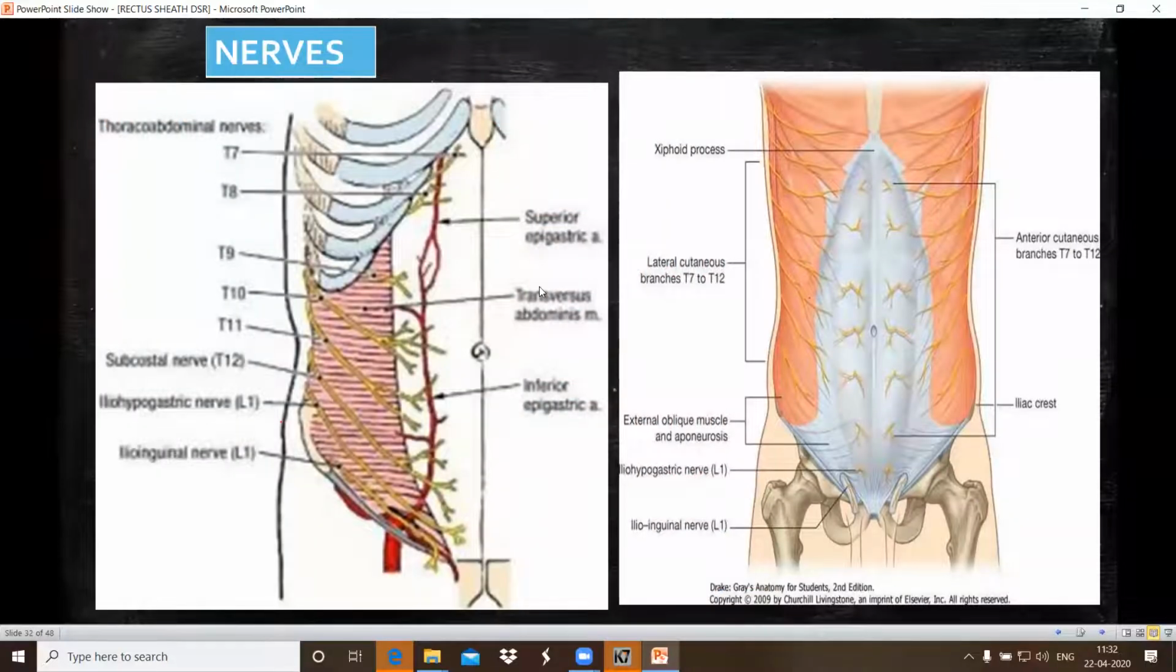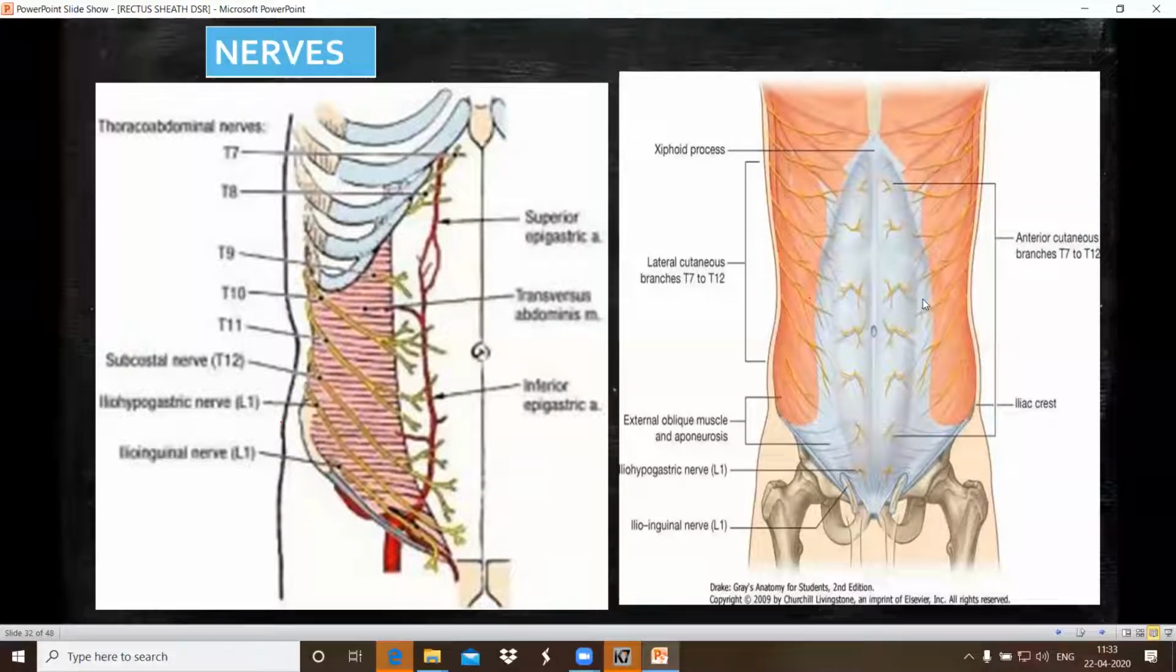Next, coming to the nerves. Already I told you that at the linea semilunaris, these lower six thoracic nerves pierce the linea semilunaris. These nerves are present between the internal oblique and transverse abdominis muscles, that is the neurovascular plane. So between the internal oblique and transverse abdominis, these nerves come to the linea semilunaris, pierce